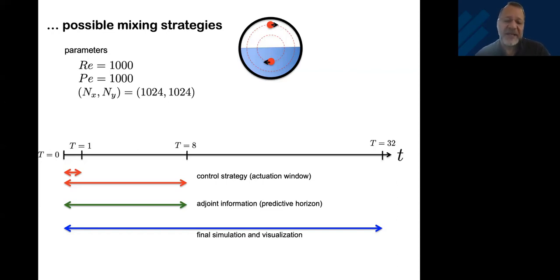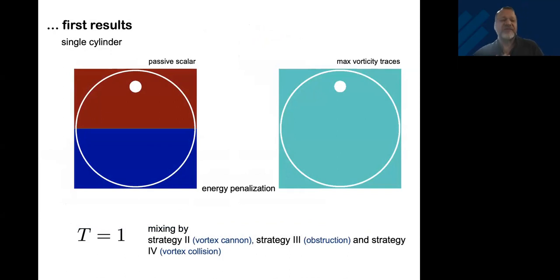In the t equal to 8 case, we're going to use the stirrers as much as we have information for them, and that one is more of a slower strategy. You have more time. You can be a little bit more deliberate. If you have less time, t equal to 1, you have to get the job done, because after t equal to 1, nothing will happen anymore. You can blow your entire energy budget over 1 time unit, so you get higher speeds. But from 1 to 8, there is nothing else you can do anymore, even though you know what will happen next. All right, so let's do first results.